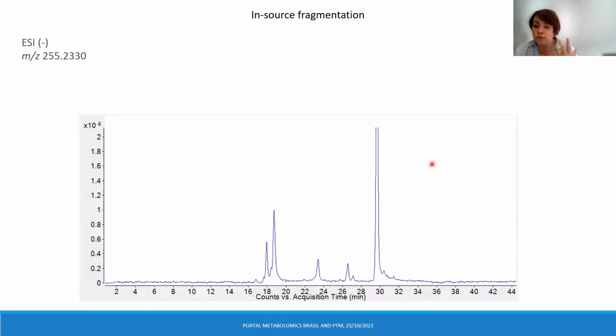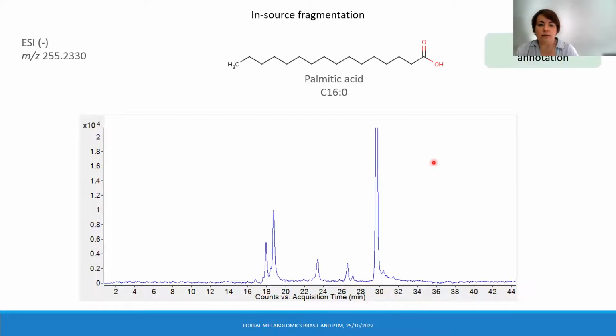And to illustrate this, I will bring an example of one m/z which, based on the tentative annotation, was assigned as palmitic acid. But come on, palmitic acid cannot give that many peaks. It's impossible. It may be that one single molecule can give you 2 peaks if we are talking about some tautomerization, but not that many across more than 12 minutes of our chromatogram.